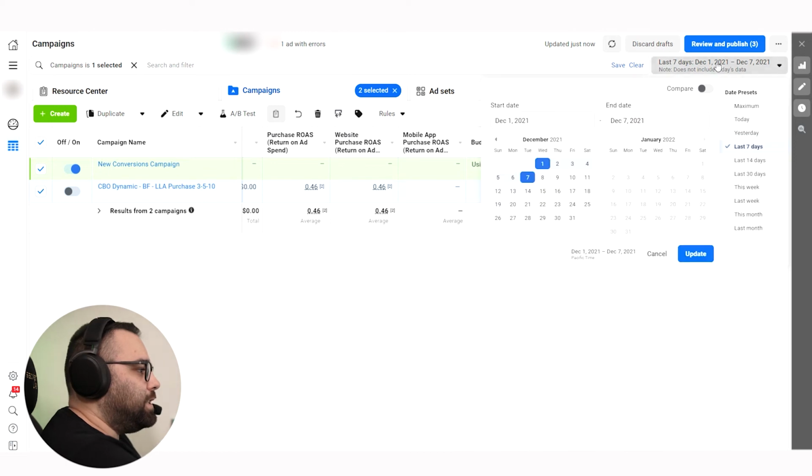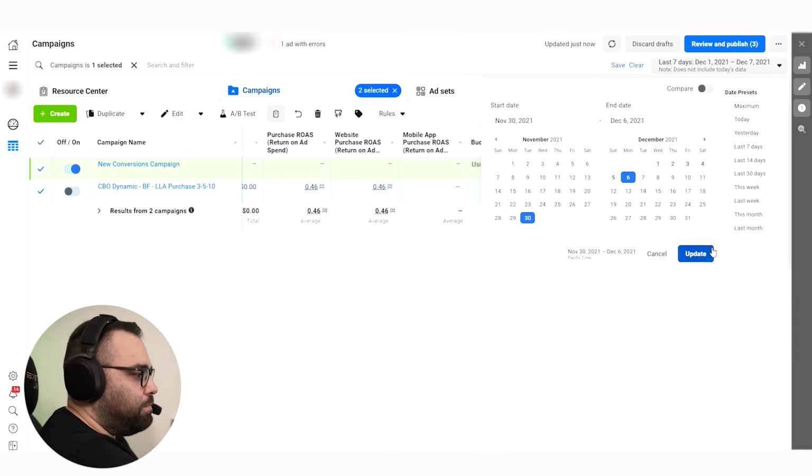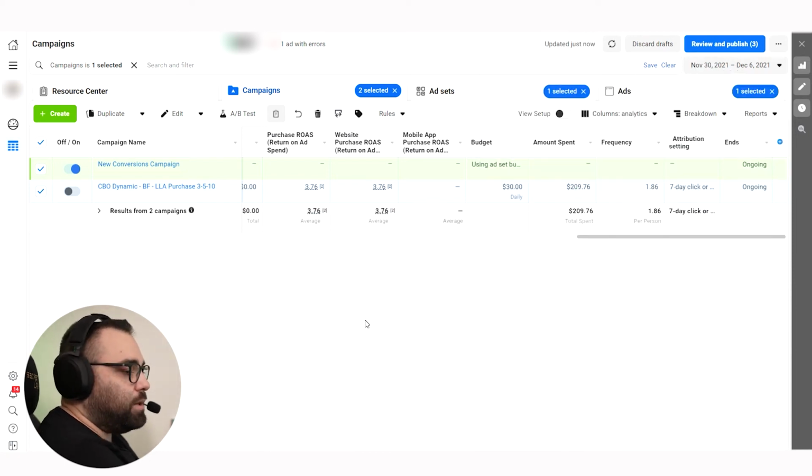And because of that, I closed this campaign. It's a very good example because in the last 7 days it was declining. The last 7 days are not going to show you the total profits of your campaign. They're just going to show you the tendency, okay? If your campaign is starting to lose money. And if you see here, it's actually funny because if we go from 6 to 30, which is the previous 7 days, it was 3.76, okay? And in total, we are profitable in this campaign.